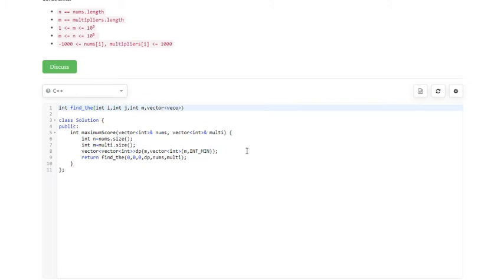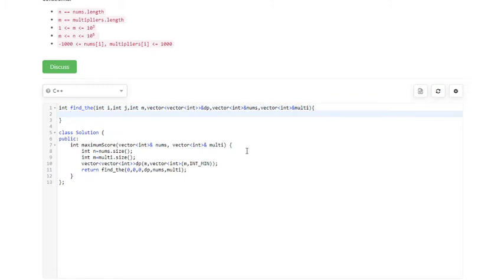Then after that, one thing you have to notice when using a top-down approach: pass dp by reference. Otherwise, there is no use. And try to pass every element by reference, so that there is no overhead of copying. If you pass by value, there is an additional overhead, which is bad. Sometimes it can cause a TLE.